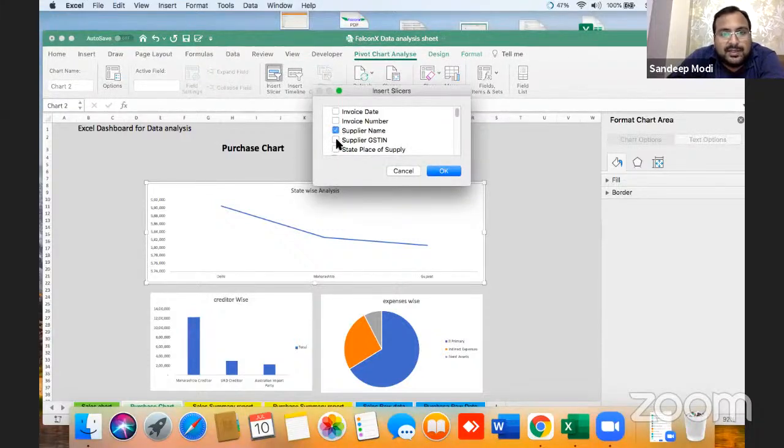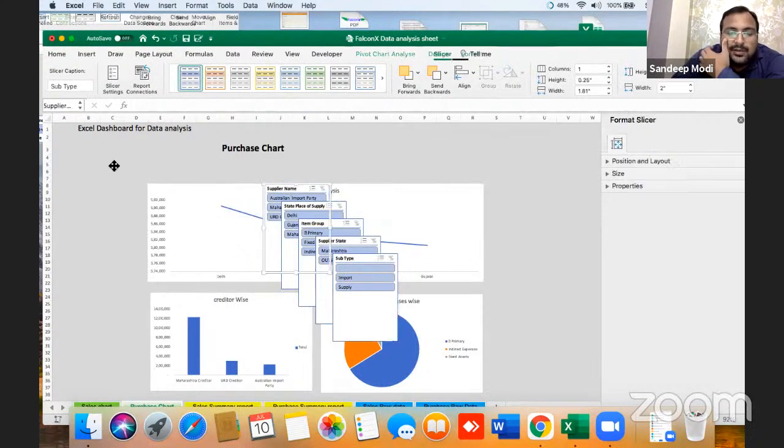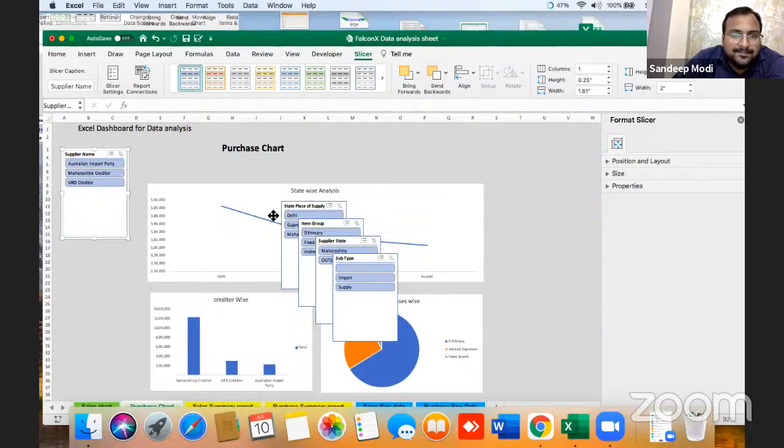Now I want supplier name wise, place of supply wise, item group wise, supplier state wise, subtype wise. Okay. Now we got 4 slicers.